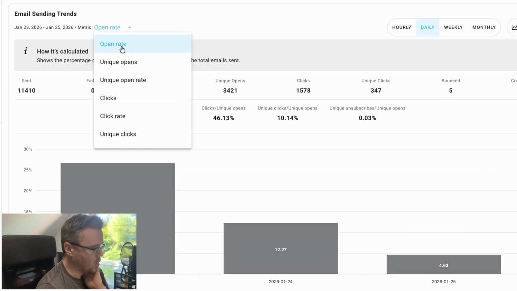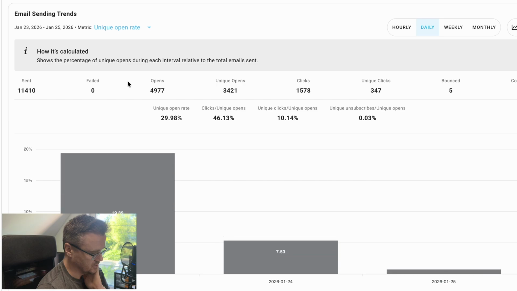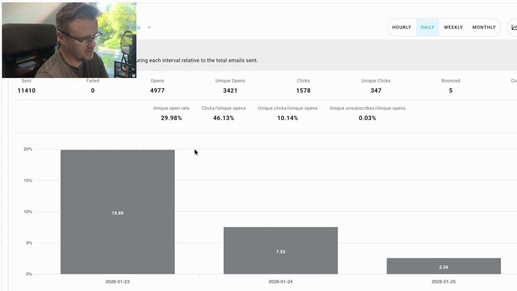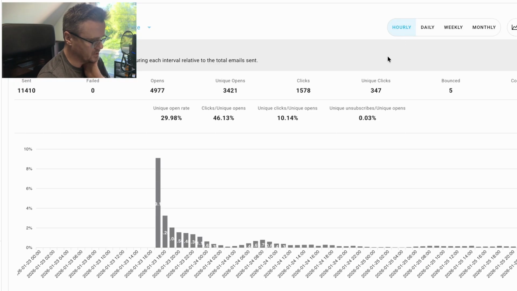And of course, we also have unique open rate. So if you switch over to that, yeah, this should kind of add up to this number, but not necessarily fully exactly, because some people might open it like 3 days later, so it could happen. Unlikely, but still. Yeah, as you can see, we have some opens even here. Okay, and